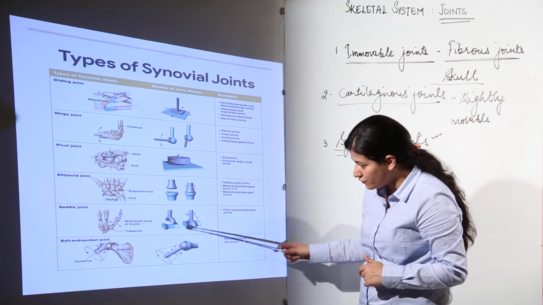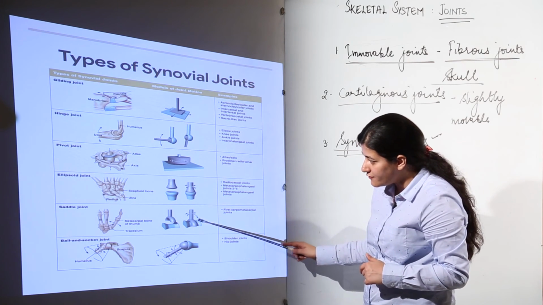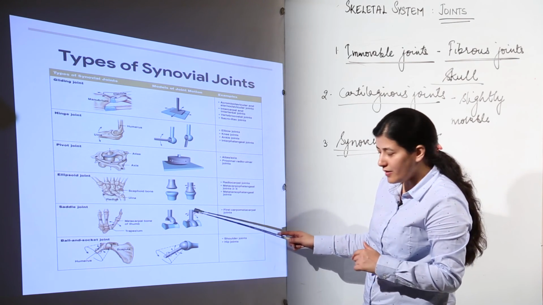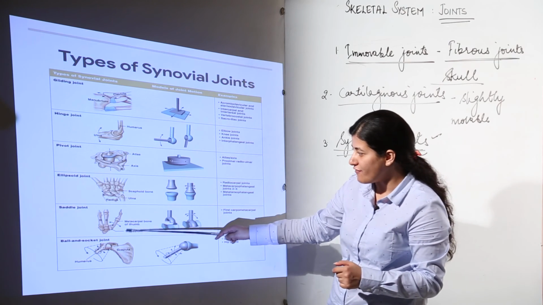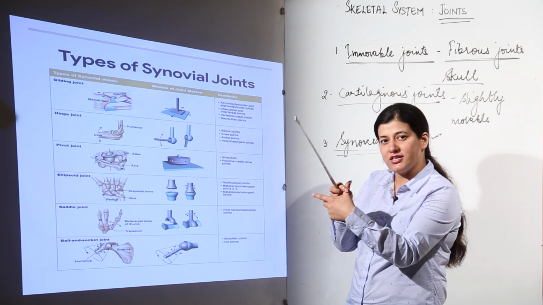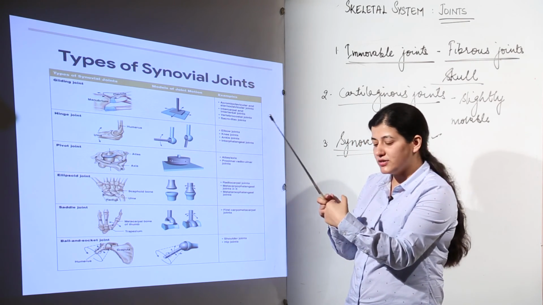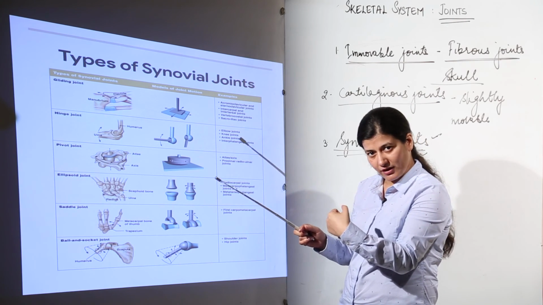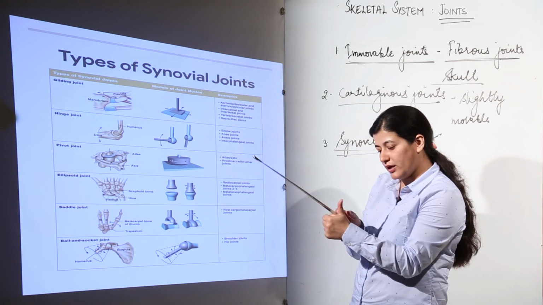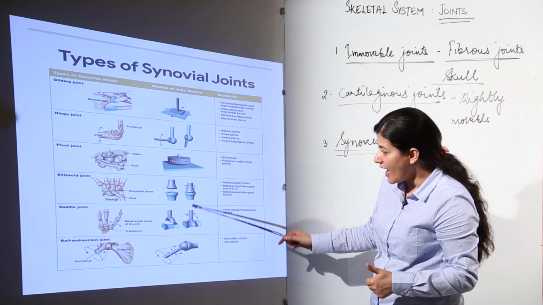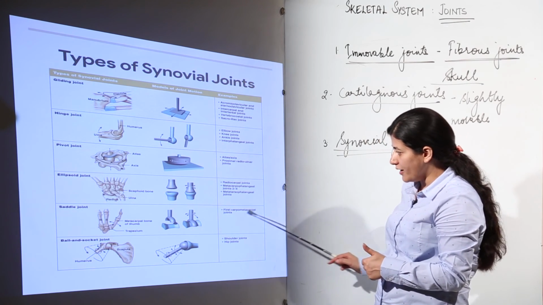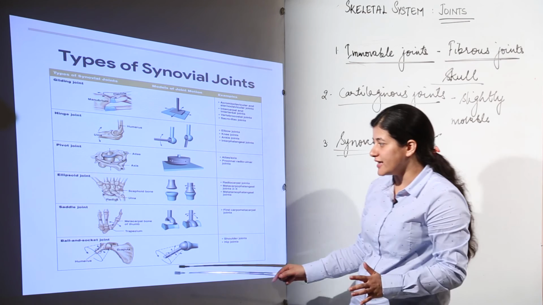The articulation would be such, and the joint movement which would be brought about would be in the 4 directions again, and they have given the example of this particular bone over here. So this is the saddle joint that we are having. The 4 directions are over here, there is a joint present over here, and the first carpo-metacarpal joint is the example of a saddle joint.